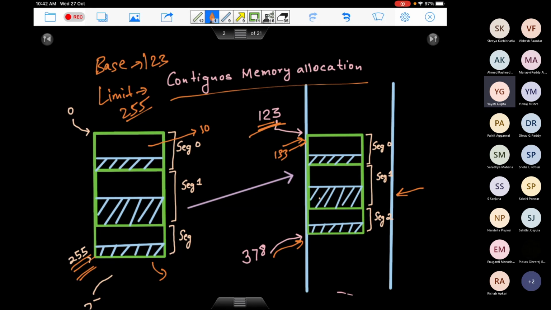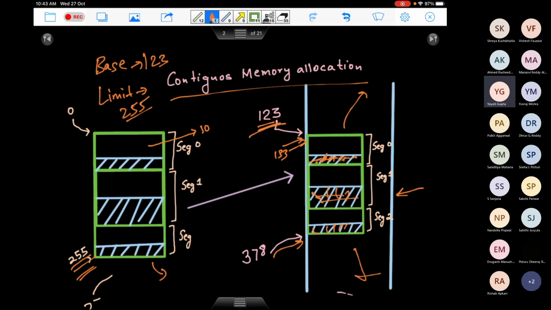Problem with this approach? It's very visible here. There are all these chunks of memory which are not being used by this process, and memory is also allocated for them in your RAM. Can some other process use this memory in contiguous memory allocation? No, right? If any other process comes, it will have to find space either up or somewhere down. It has to figure out a hole of its own size. So no other process can just come and occupy all this space which belongs to this particular process. So this memory is getting wasted here.